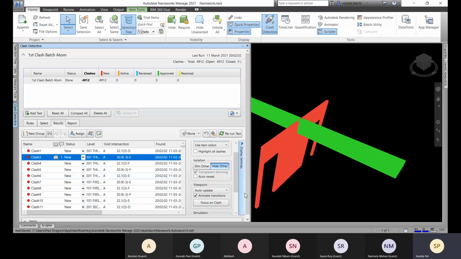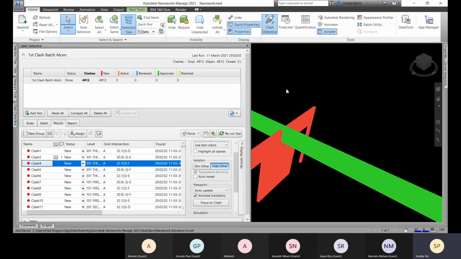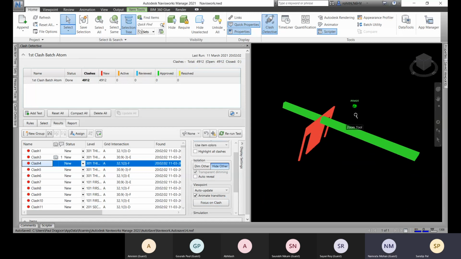So this will animate transition. Animate transition means if I change it from class 3 to class 4, it will come up this way. Okay, so that is your animate transition. And suppose if I change it,